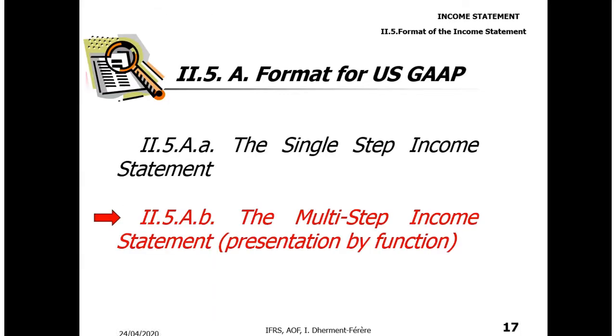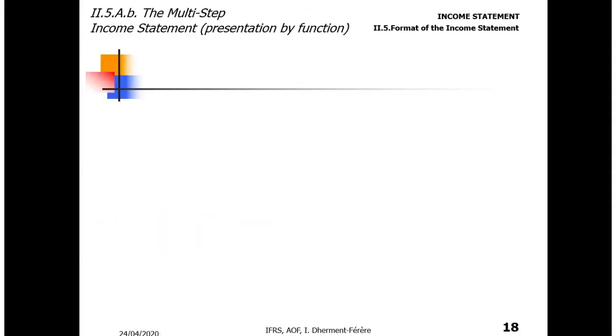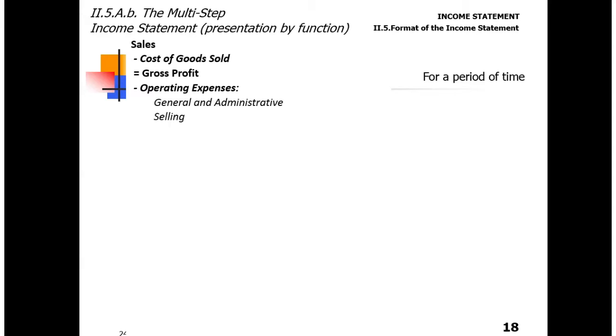Let's see the second presentation, the multi-step income statement, the presentation by function. For a period of time, you have sales minus cost of goods sold equals gross profit, minus operating expenses, that is general and administrative, selling, research and development, restructuring, equals operating income,